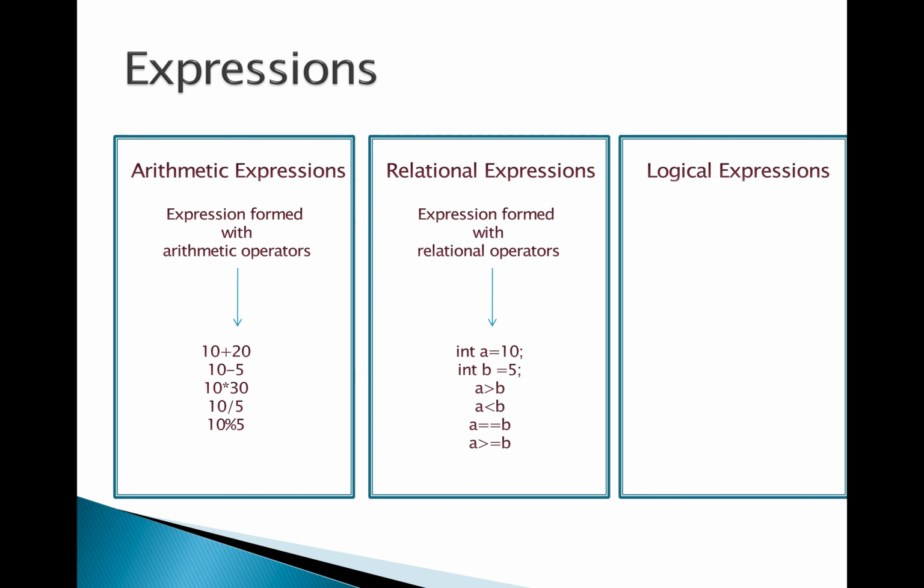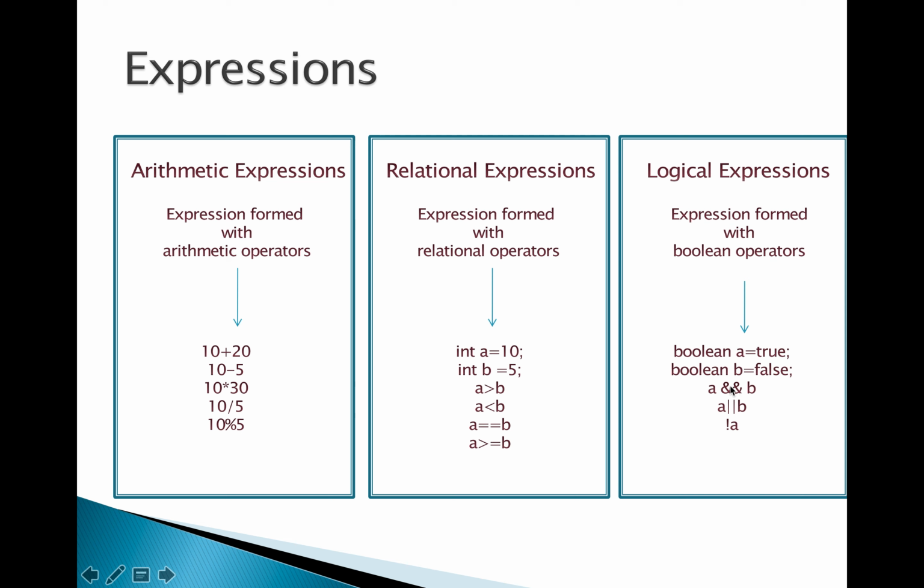The third one is the logical expression that is formed with Boolean operators. So what are the Boolean operators? You have the double ampersand, the double pipe symbol, and the exclamation mark. These are the Boolean operators. In this case, A's value is true and B's value is false. When I say A and B, the AND operator will be evaluating to true